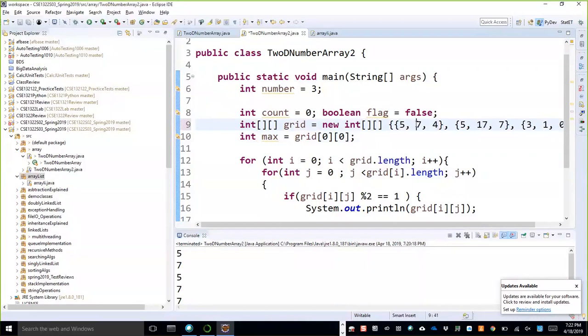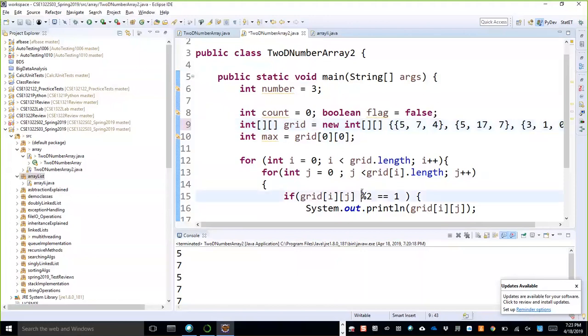If the second element is greater than this first element, then my max will be changed, right? Max will be max of that element.